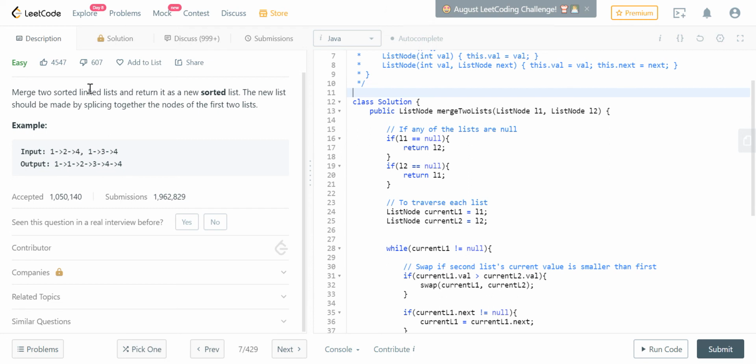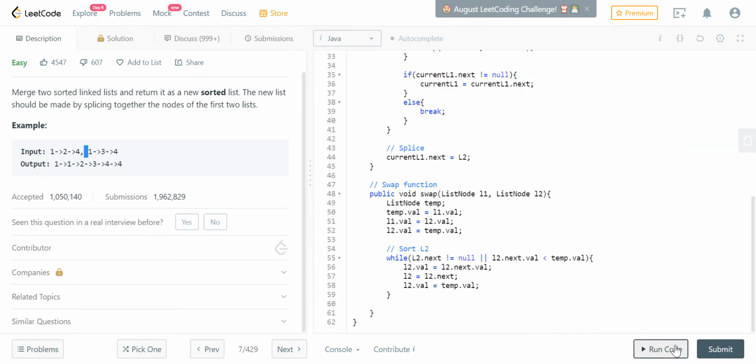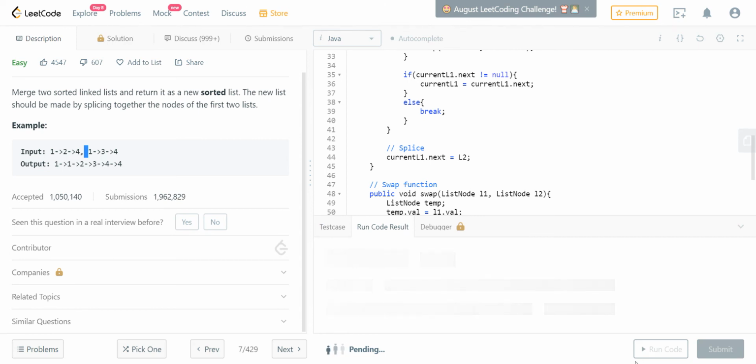Since we already know that both of these lists are sorted, what I wanted to do is just check the first value of L1 and the first value of L2 and swap if necessary. And every time we do swap, we push it back to L2 to maintain the sorted feature of the L2 linked list. And L1 is already always being sorted because we only swap if it's the bigger version of the number. So that's my solution. It's not supposed to run because I didn't run this through NetBeans, so highly unlikely, but